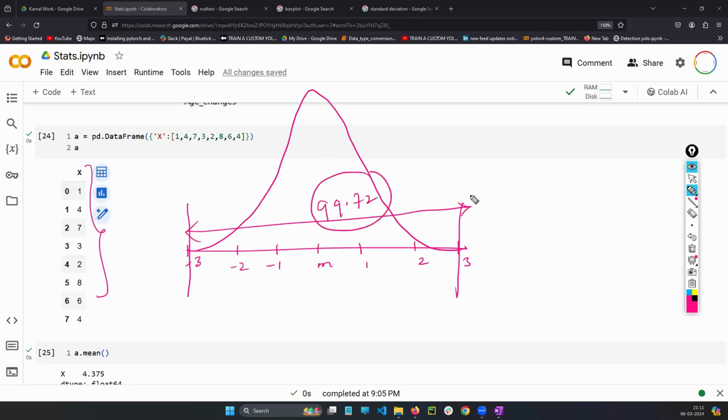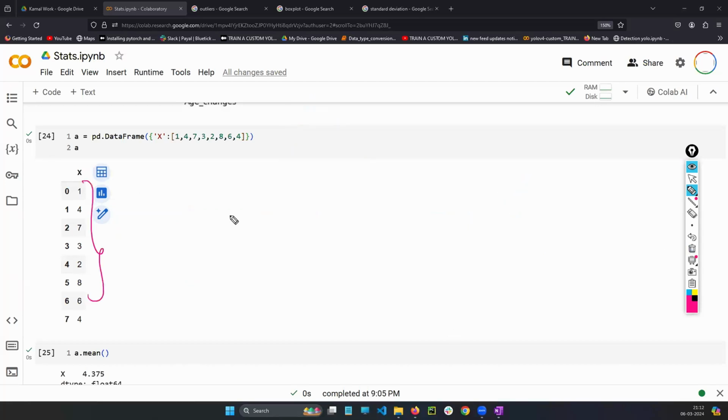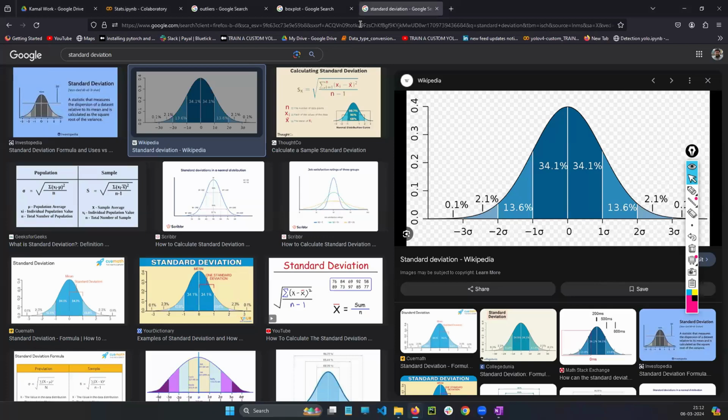99.72% of the data is lying. So how many points will be outliers? Only 1 or 2. So does this make any effect for your algorithm? This makes no effect. Suppose this data is following this kind of representation, okay, is all the data on the safe side? No. So what is the purpose of standard deviation? You see here, for example, if I go here,